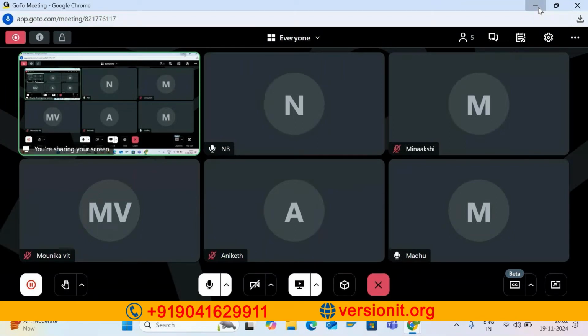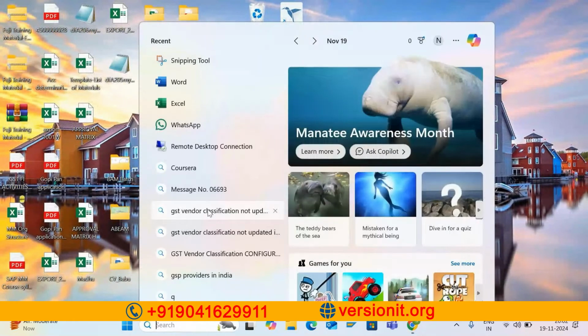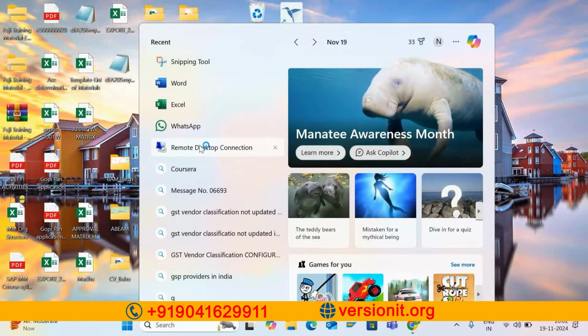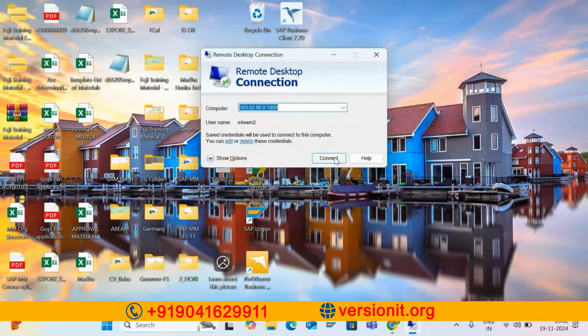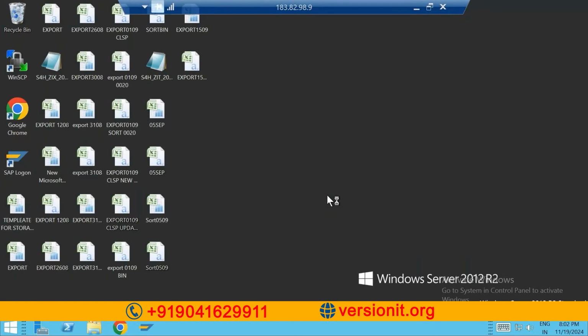I have a version 2020 available with me. Along with the 2020, I also have a 2022 version. So we will be using the latest S4 HANA versions for our training, as part of our scenario execution. So if I go to the SAP Logon,